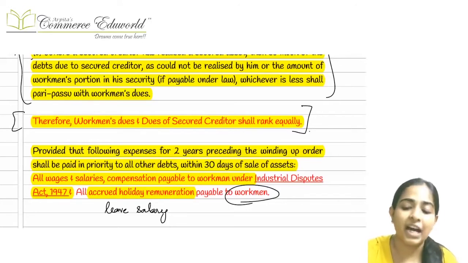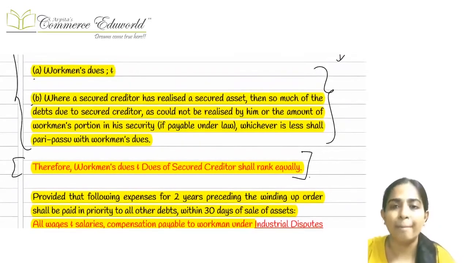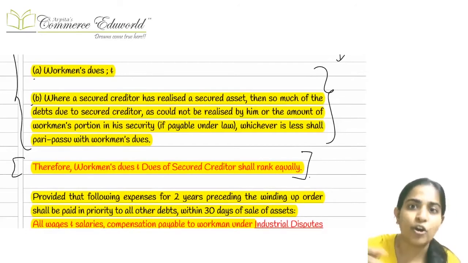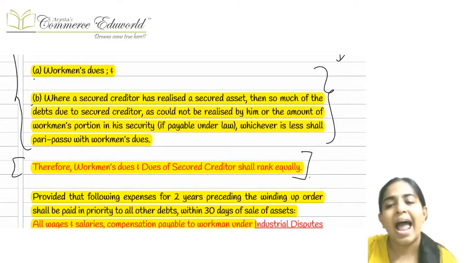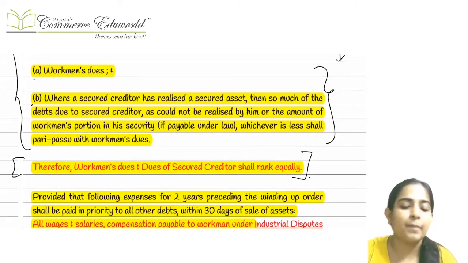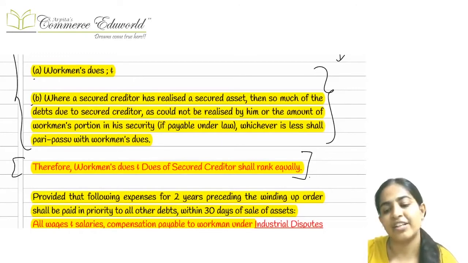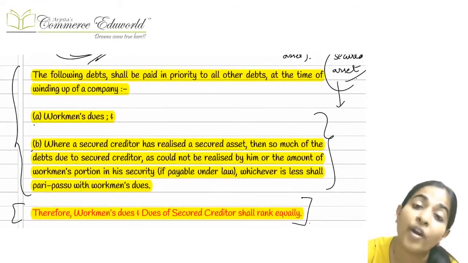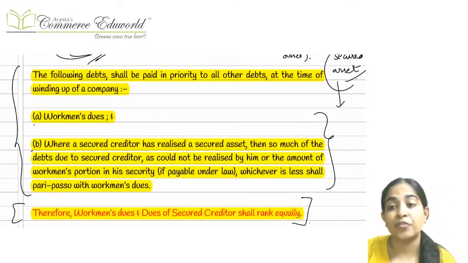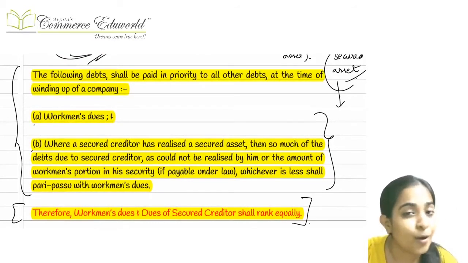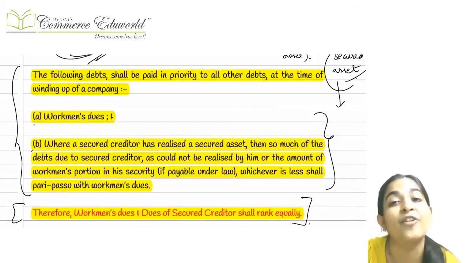Right? After that, we are supposed to make the payment pari passu to the other workmen who could not be paid in the first point, and we are supposed to give the money to the secured creditor. Okay, just remember one thing, all this money, whatever we are studying in section number 326, is paid out of the secured asset only, which was given to a secured creditor. So this money not only belongs to the secured creditor, it has to be shared by the workmen also.